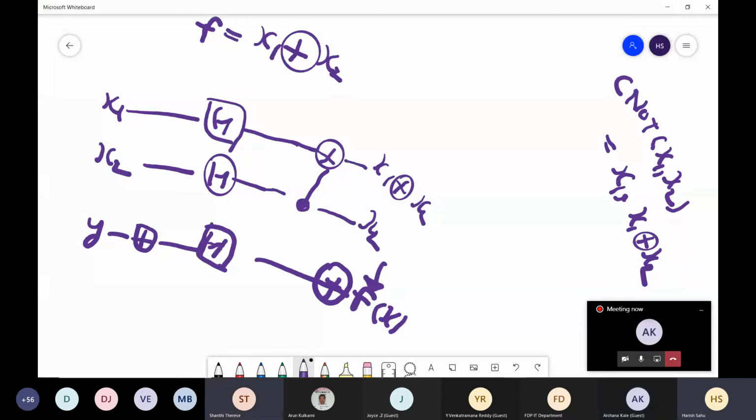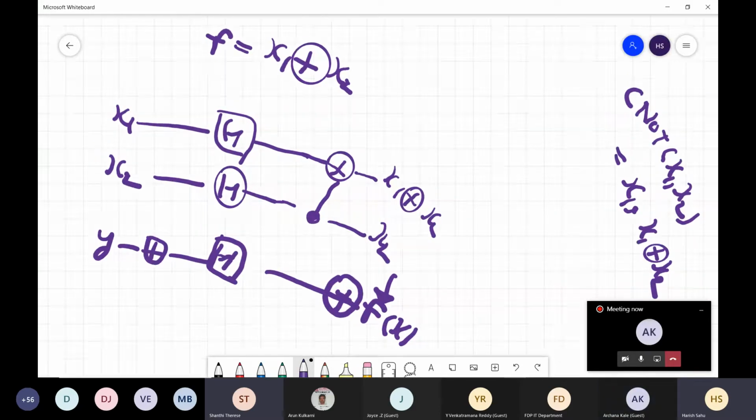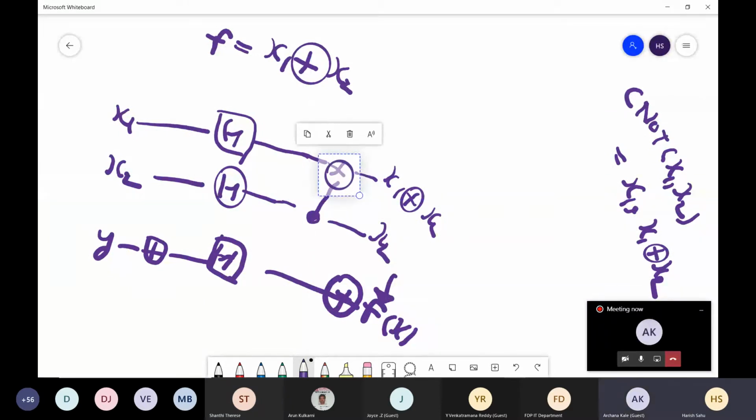If you apply the gate in this fashion, the control is this and the target is this. If you do it the other way, then here I will get x1 XOR x2, and here I will get x1.